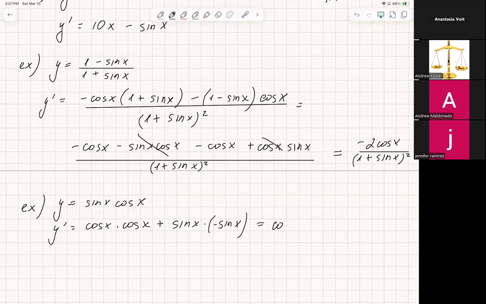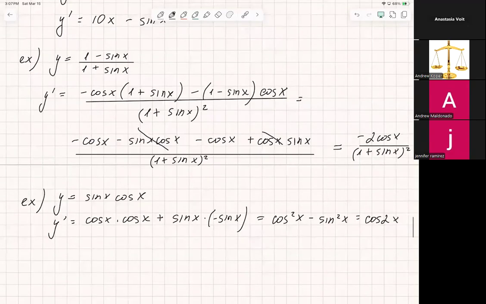So we have cosine squared x minus sine squared x. You can leave it like this, or you can write it as cosine 2x if you remember this identity, okay? All right. Next one would be